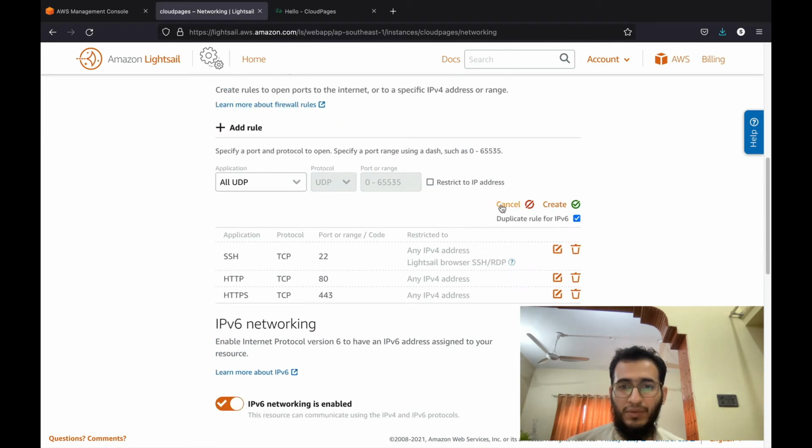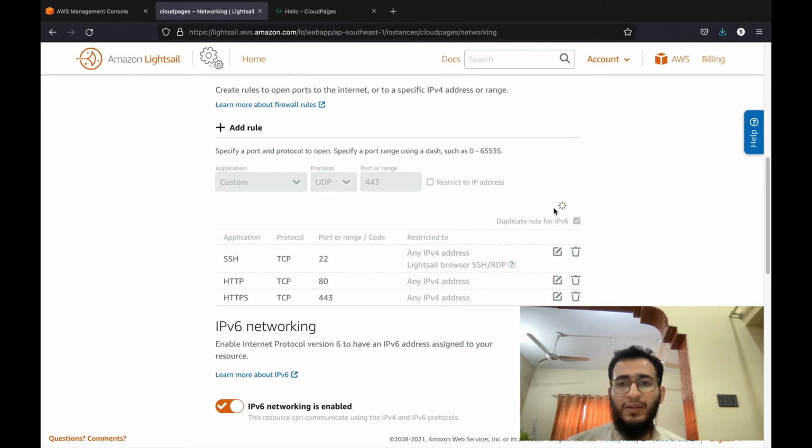Oh, we don't have to add all of them, we have to add UDP port 443 for QUIC, and